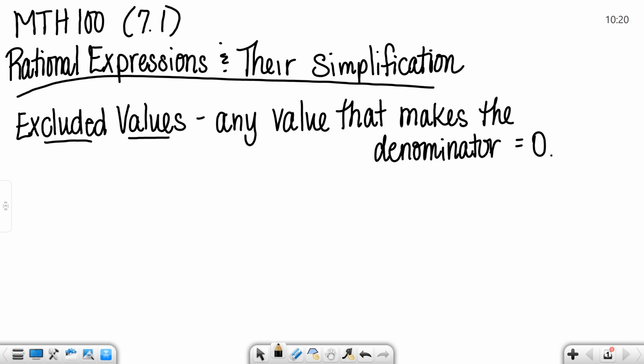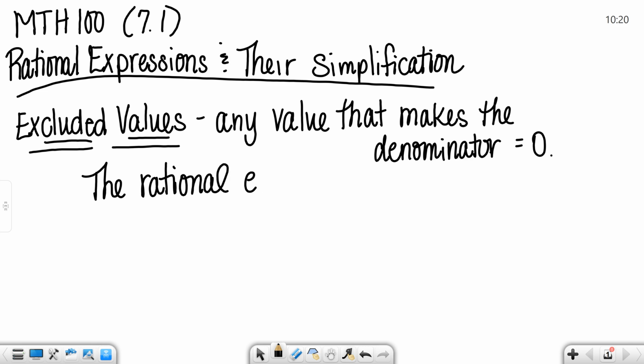All right, so a rational expression, before we get too far here, is just fractions. That's what it means to be a rational expression. It's a fraction expression. And so when we work with these, there will be these things called excluded values from time to time. That is any value that makes the denominator equal 0. And so the way we will talk about the expression is we will say that the rational expression